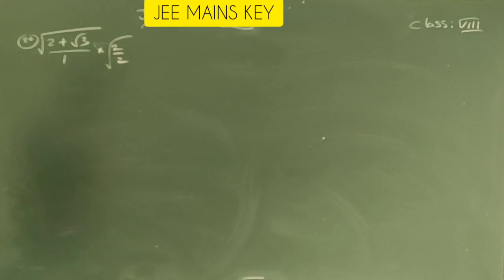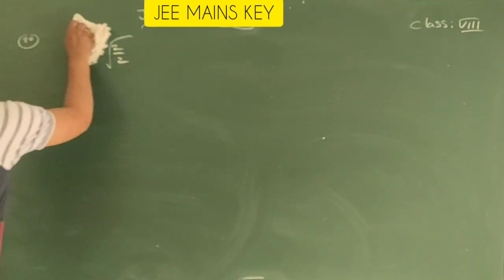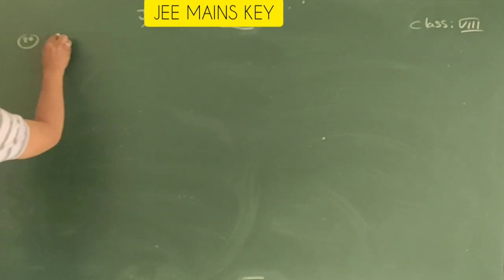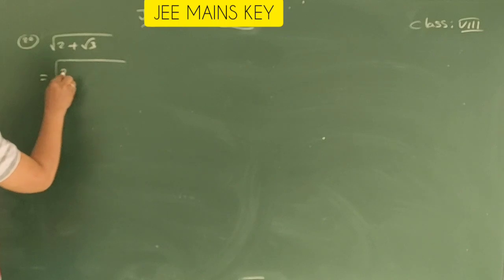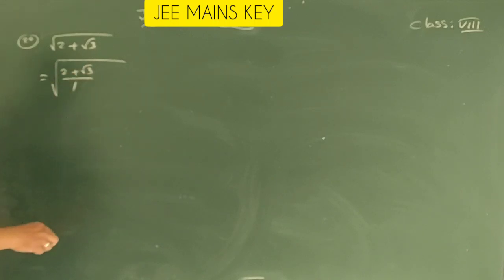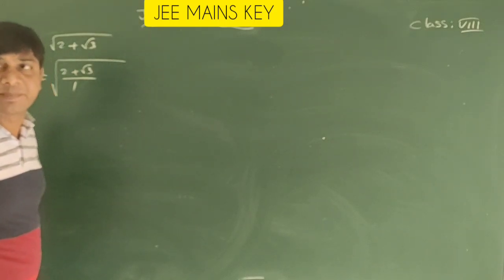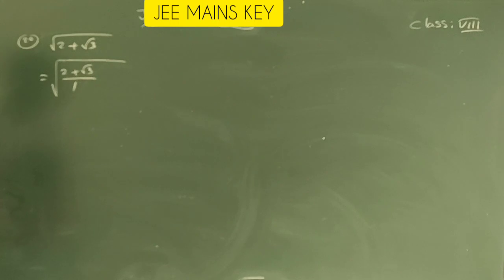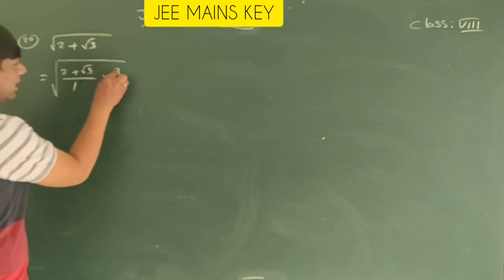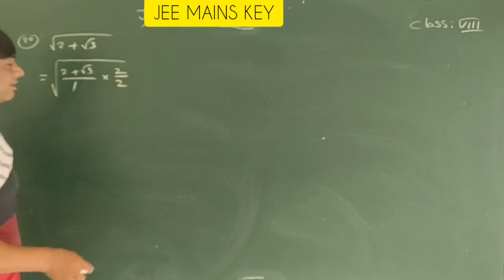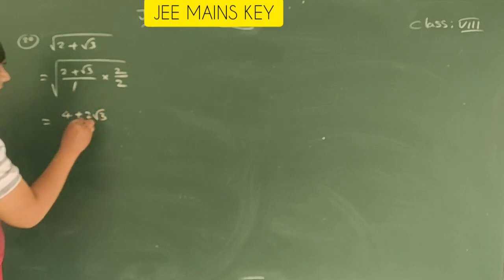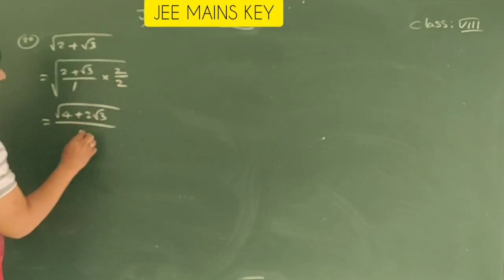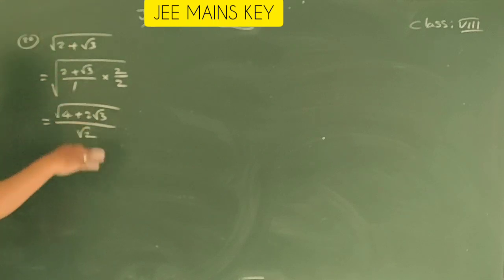Okay, understood? Since I need to find out the square root of 2 plus root 3, I write this one as 2 plus root 3 by 1 under root. To find the square root, I have one procedure: the a plus 2 root b form, root b factors, so we use it. To get that, I multiply inside the root by 2 and divide by 2. Then 2 twos are 4 plus 2 root 3, square root, by 1 into 2 is 2, root 2. Split this one, root a by root b.